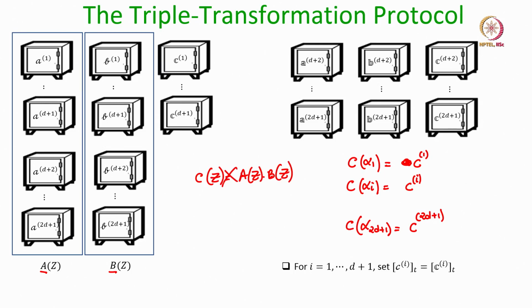No, because the way I have defined the A polynomial and B polynomial is as follows. The A polynomial is defined by fixing the first d plus 1 points. They are basically the A components of the first d plus 1 input triplets,